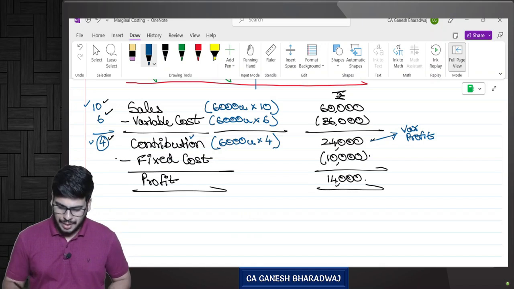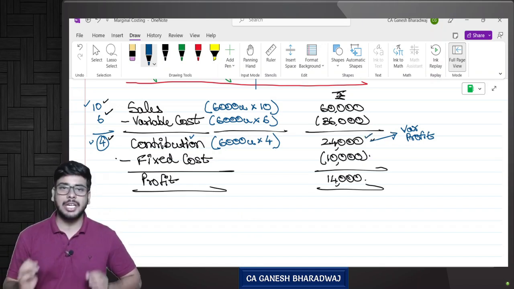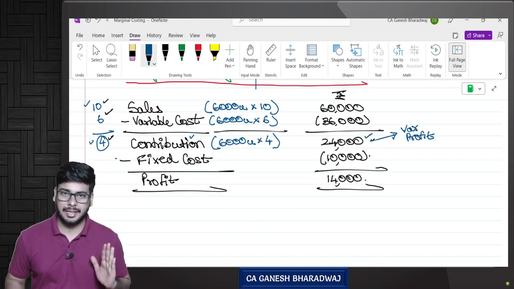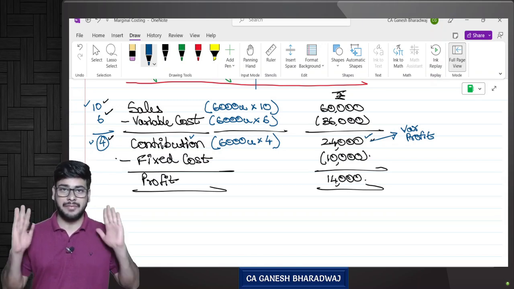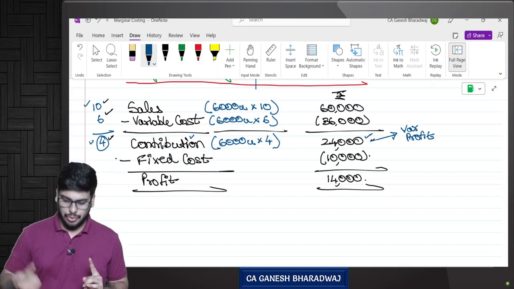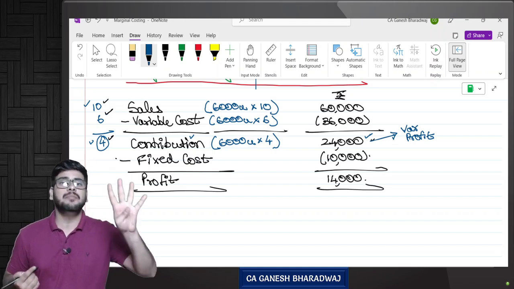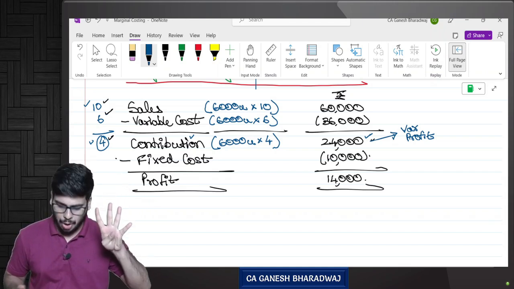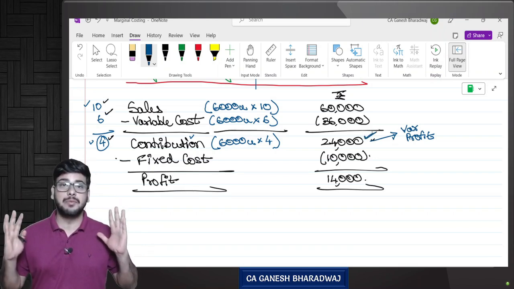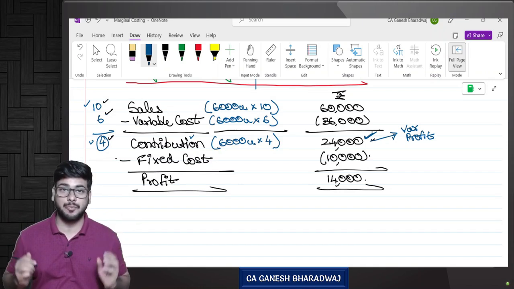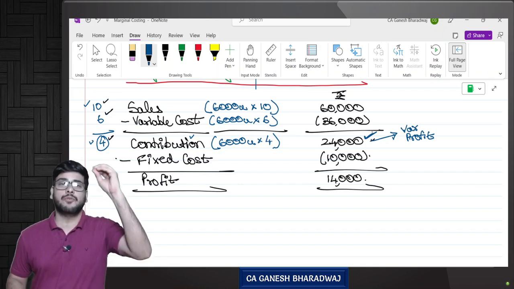Now, you just see here, this particular 24,000 rupees is there. Correct? This is our variable profit. This is not the final profit. This is the variable profit. So every unit the company has sold, the company makes how much? A variable profit of 4 rupees. So till now they have accumulated a total variable profit of how much? 24,000 rupees. Now using this 24,000 rupees,